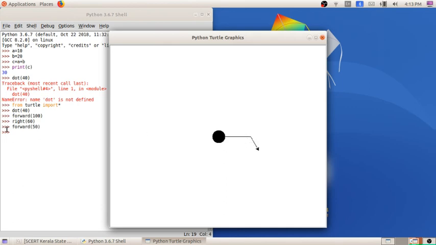And the next one is forward itself, moving in the direction of the angle mentioned here. So the arrow mark will turn like that and move when you type the command forward of 50. So these are some of the particular commands for creating geometrical shapes in Python language. I hope it is clear to all of you.